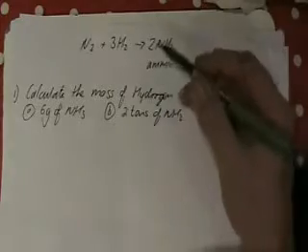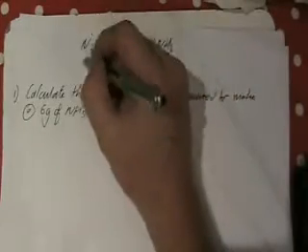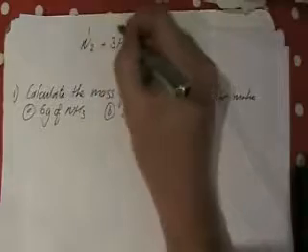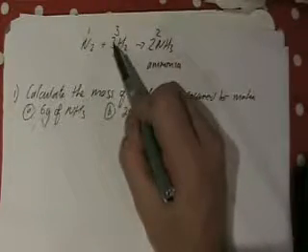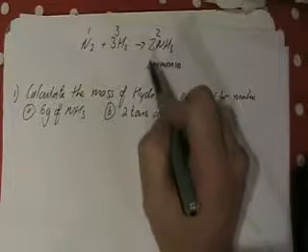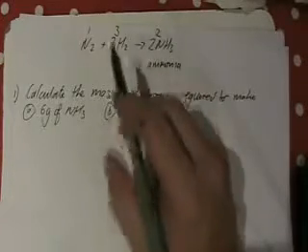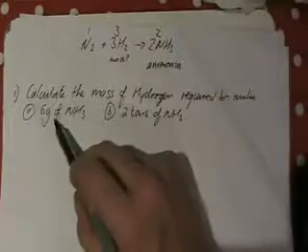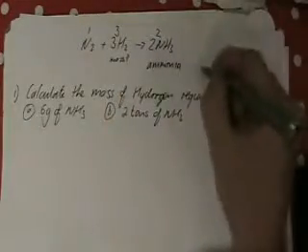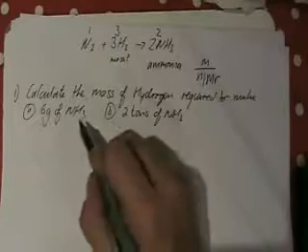So let's have a look. The first thing again that we do, and we always do, is we work out the reacting ratios. So in other words, we have 1 mole of nitrogen requires 3 of hydrogen to give us 2 moles of ammonia. So let's look at question 1. Calculate the mass of hydrogen. So we're after the mass of this, required to make firstly 6 grams of ammonia. So again, remember, always jot it down. Okay, so we have 6 grams of ammonia,